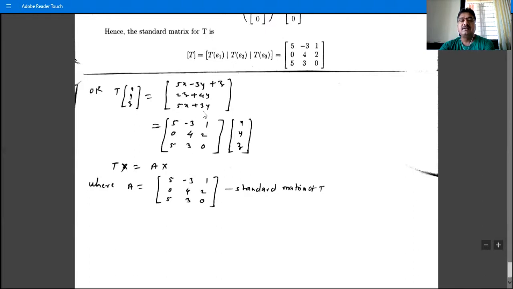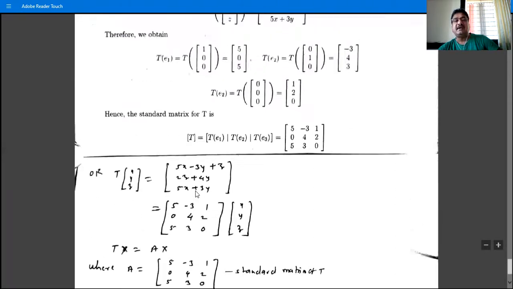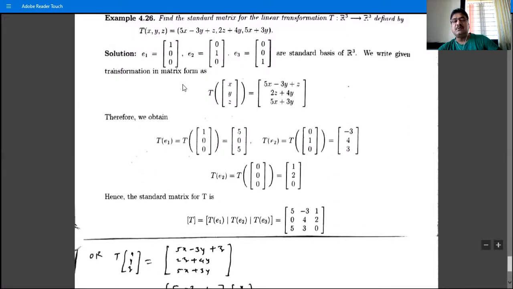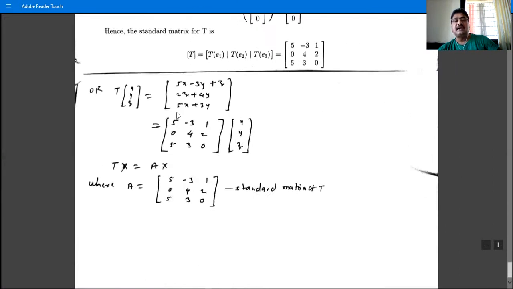And this is the matrix A. So T of x is equal to A x. A is the standard matrix for the linear transformation T. Denote this by capital A, or by the square bracket notation of T. So this is the standard matrix of T, or we say that T is multiplication by A. So we can find this standard matrix by using this procedure or this procedure. I think that this procedure is the simpler one, and by using it we can find the standard matrix for a linear transformation.